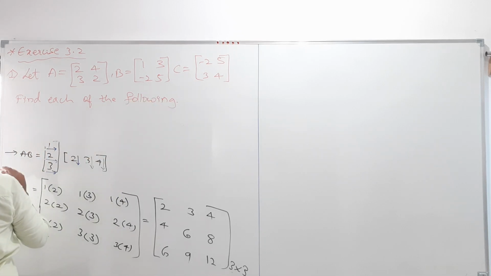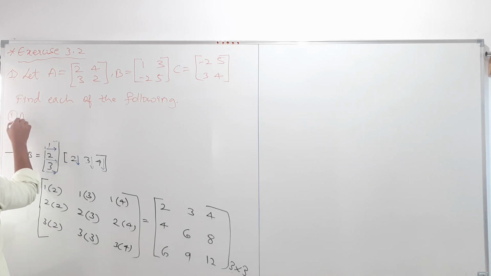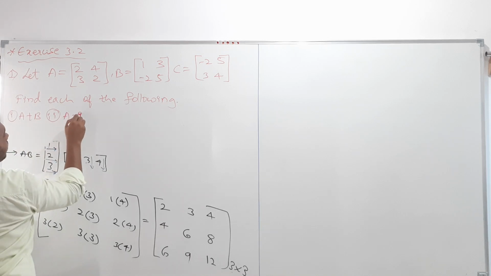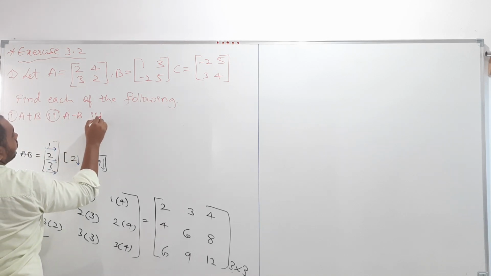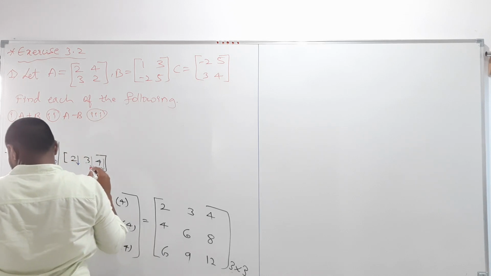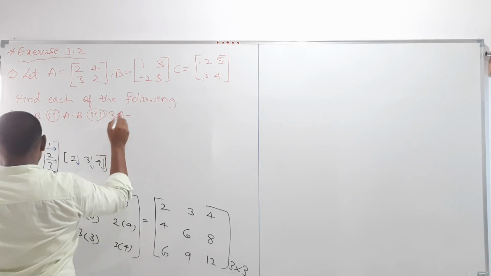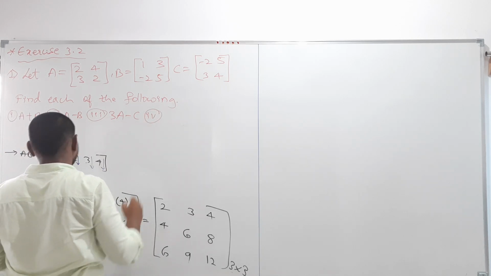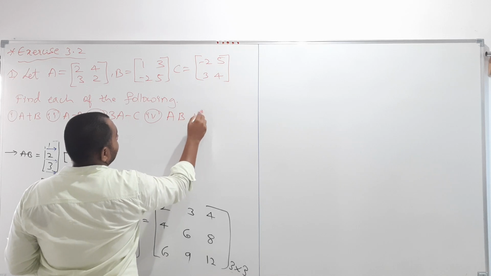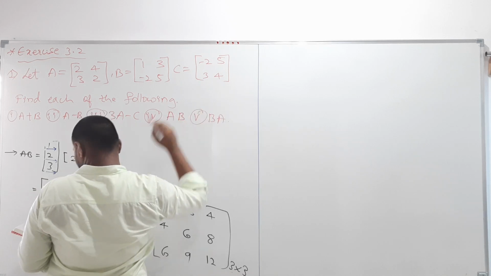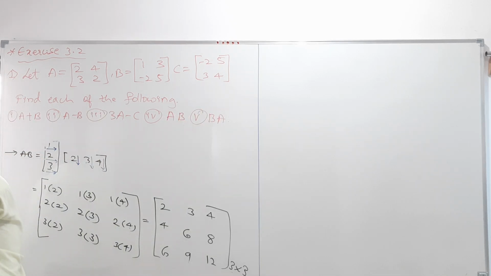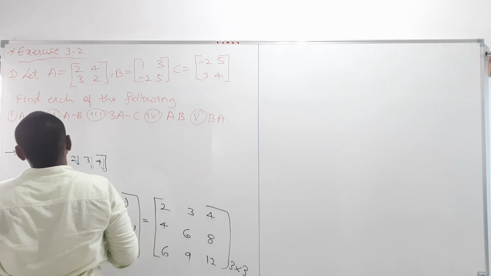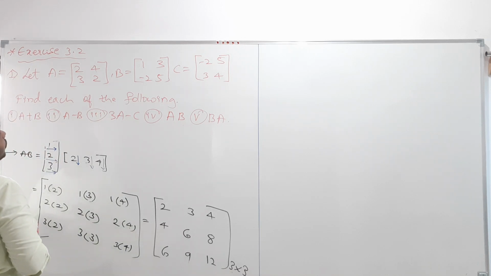In that, the first one is A plus B, the second one A minus B, the third one 3A minus C, the fourth condition AB, and the fifth condition BA. So my dear students, let A equal 2, 4, 3, 2, B equals